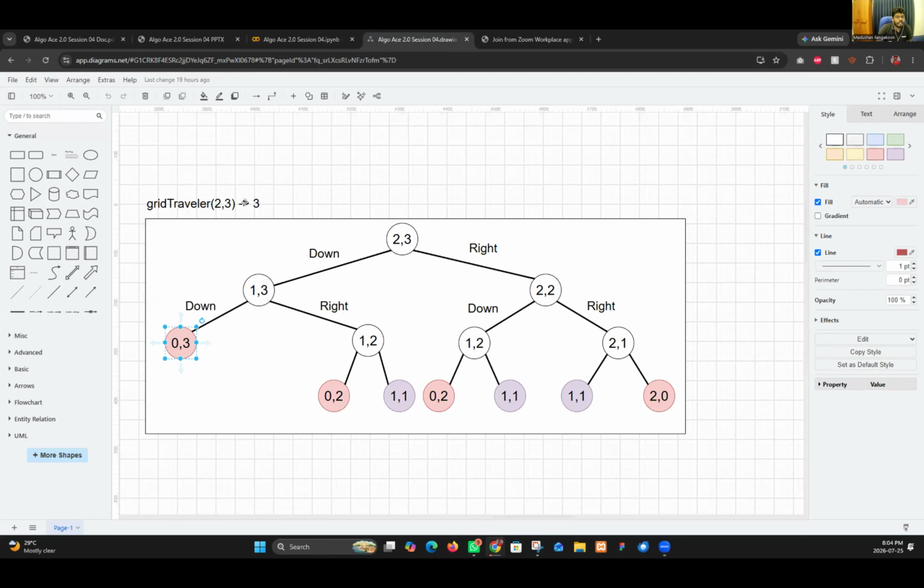So there is a grid travel called 2 to 3. 2 to 3 means it has 2 rows and 3 columns.